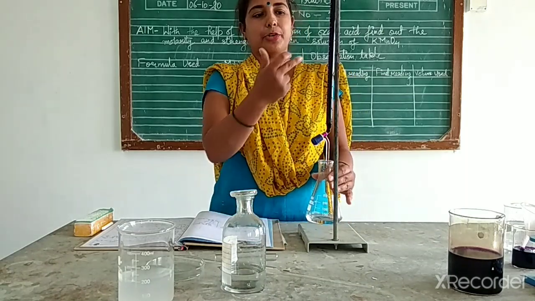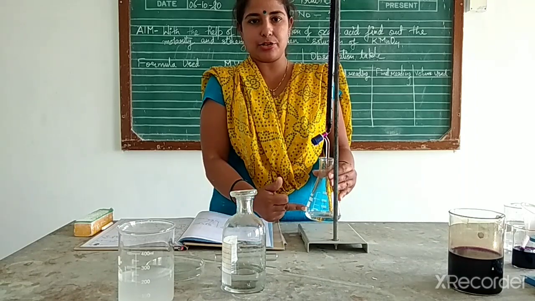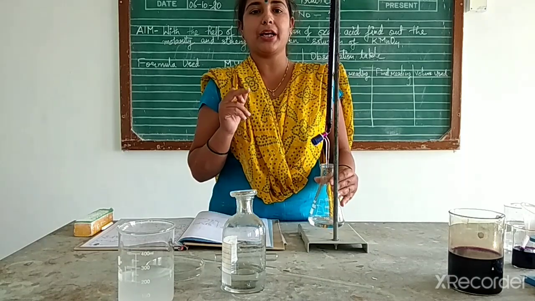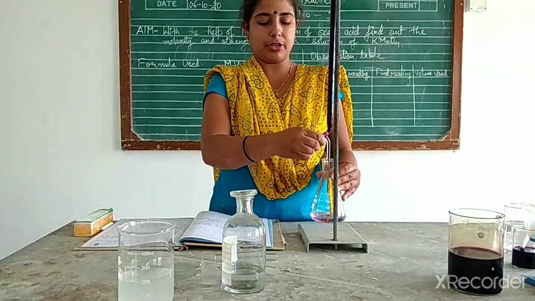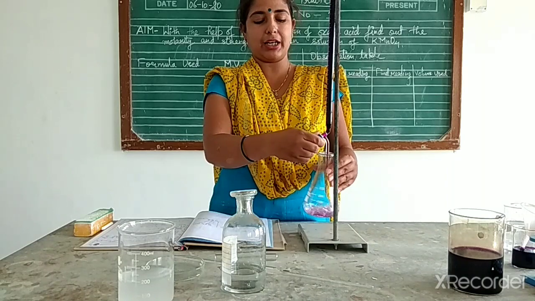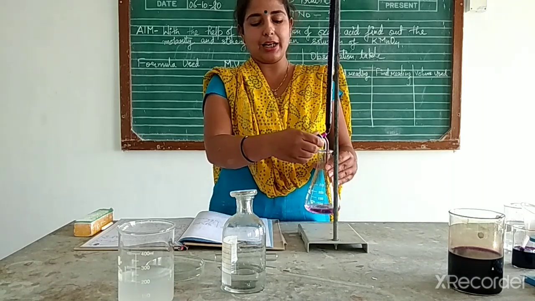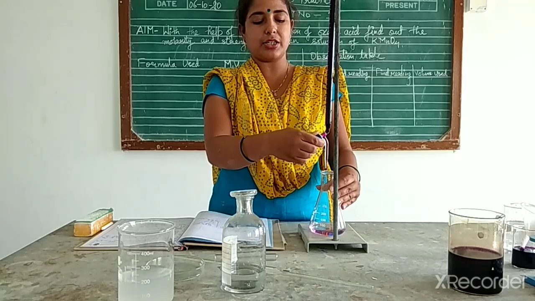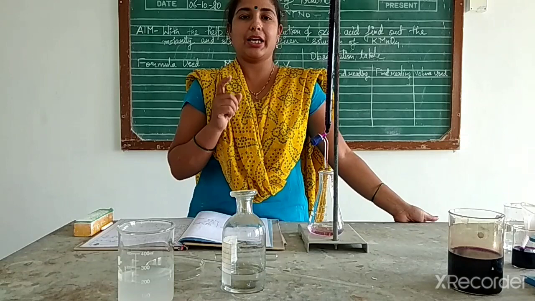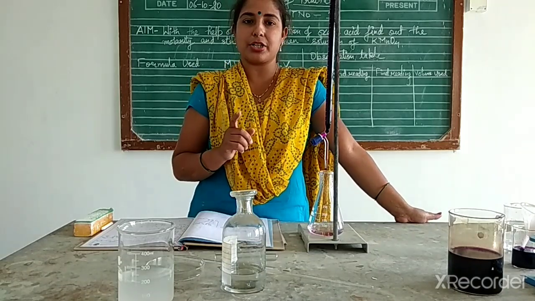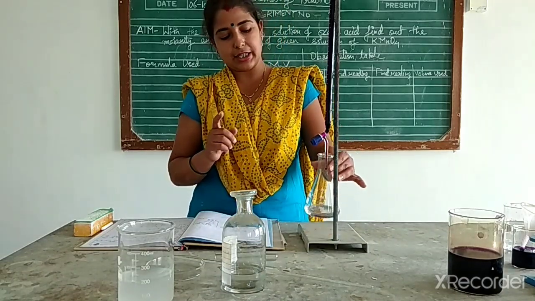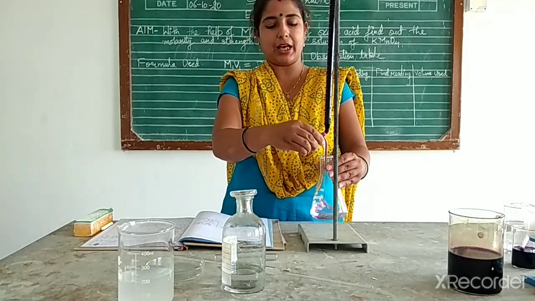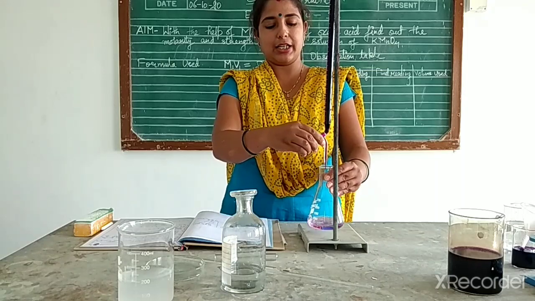We'll keep adding potassium permanganate to the oxalic acid solution dropwise until we get a permanent pink color. Now see, when I'm adding a few drops of potassium permanganate and mixing the two, the color of the solution slowly decolorizes. This decolorization process will carry on till we get the end point of the reaction. Now see, it decolorizes. After that again I'll add a little bit of potassium permanganate. I'll stir the container. It will decolorize.